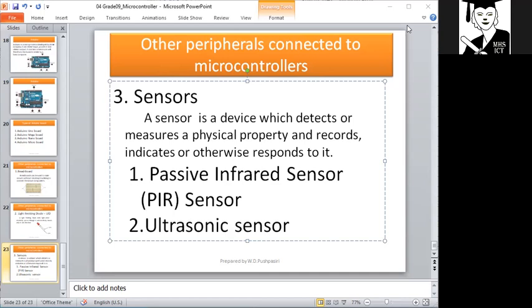The reason is we use microcontrollers with the help of sensors. It takes some information as input, the processor, the microcontroller, processes it, and it gives the output. For example,